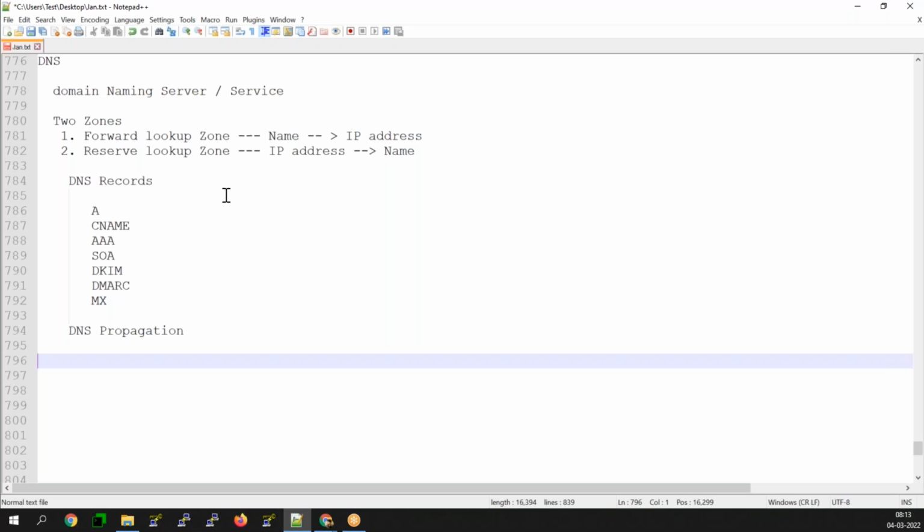Right. And what else does it do? What does it do actually? Server lookup to IP address. Yeah, halfway is correct actually.